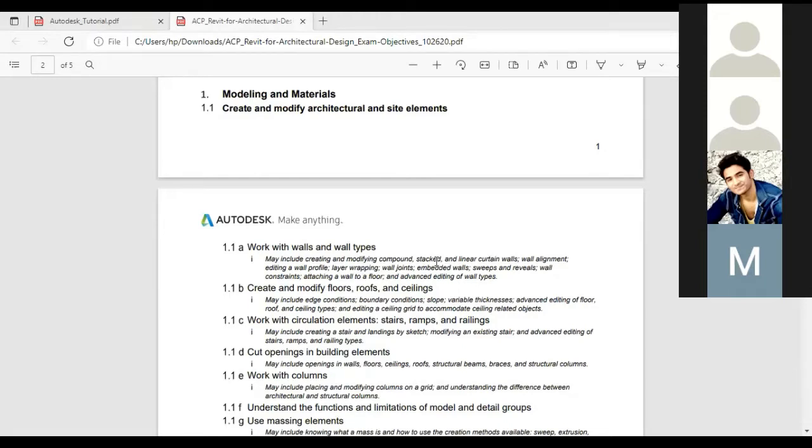Okay, first of all, modeling and materials, and I'll explain a sample example that can come with the wall types, and also stacked walls, curtain walls. You should know about stacked walls and curtain walls. A modern example is that they will have a Revit file. They ask us to open the particular Revit file, and there can be a stacked wall, and also some wall types already created, and they ask us to open a particular view,